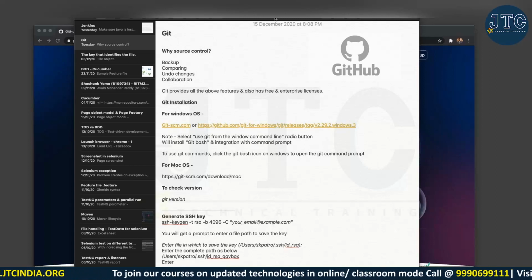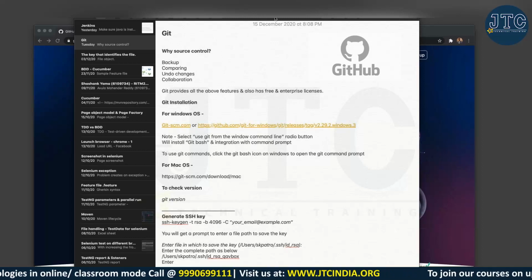The reason is that, let's say me and five of you are working together in an organization, on a particular project. Let's say gmail.com is developed, just for instance, in the Java programming language. Now the manager says to one of you, you are responsible for creating the inbox screen, the inbox layout. I have been assigned the themes functionality. Another person is assigned the chat functionality, which is on the left hand side.